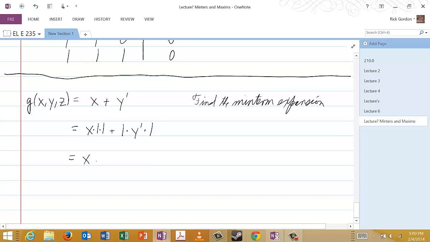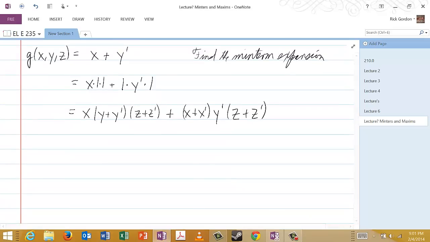And now we will proceed as follows. This first one here we will rewrite as y or y prime, and the second one we will rewrite as z or z prime. And for the second term, we will have x or x prime, y prime, z or z prime. And so now, if we complete this, we will have xyz